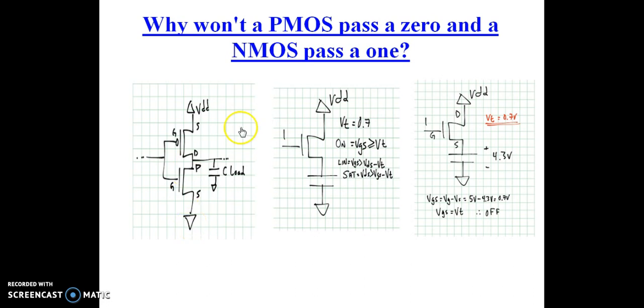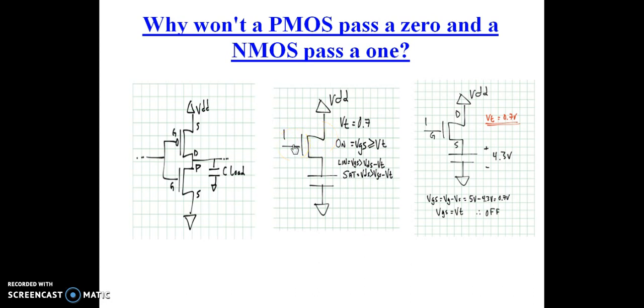Now as we want the answer to our question, here is the diagram. Instead of having PMOS connected in the pull up network, we are replacing PMOS by NMOS. So in whatever is shown in this figure, we are just changing the position of the transistors. So this is the NMOS and the capacitor is connected to the source of that NMOS, and VDD is given to the drain terminal of the NMOS.